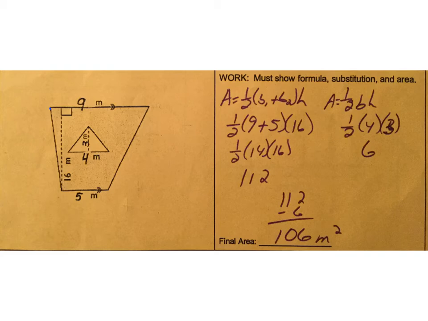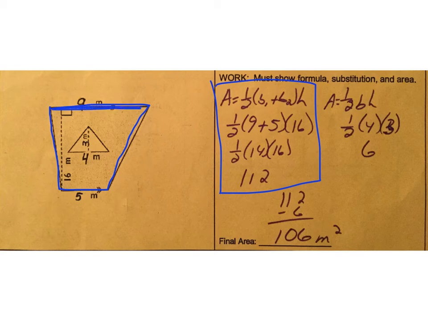Okay, area of the large. This is a trapezoid. Now, the formula is right here, 1/2 B1 plus B2 times H. So the B's are, of course, the parallel sides. So here's your B's. These two right here, which is 5 and 9. So that's your 9 plus 5. And your height, of course, dotted line. So that is the 16. So you add up and you get 14 times 16 and divide it by 2, and it comes out to